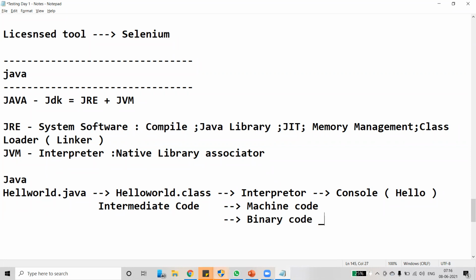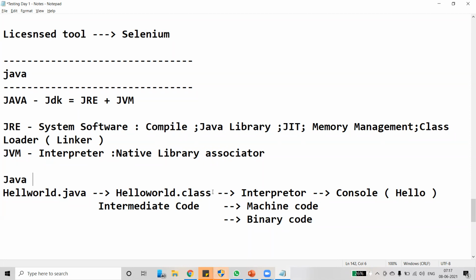Finally, the interpreter takes this binary code as input, interprets it on the operating system and hardware, and simply executes its commands. That's the overall flow of any Java program. Coming to the compiler, it compiles your code. The compiler contains a lexical analyzer. This analyzer analyzes the code with respect to syntax and memory management, and if the program is developed as per Java grammar, it generates a class file.